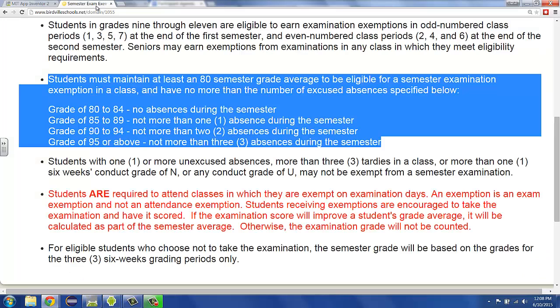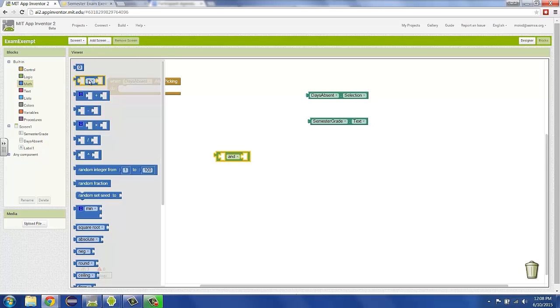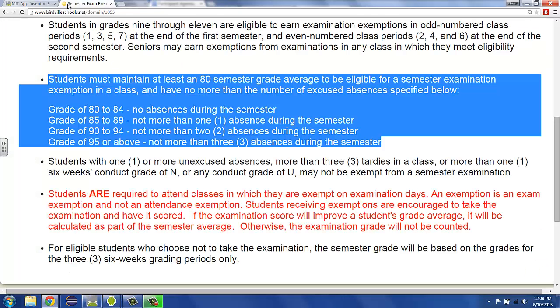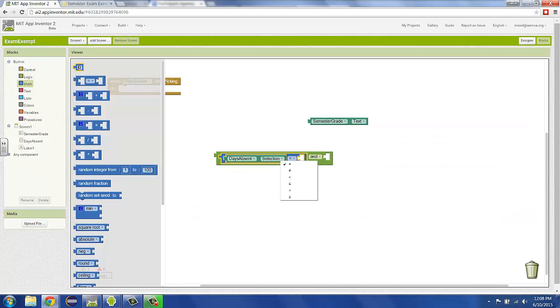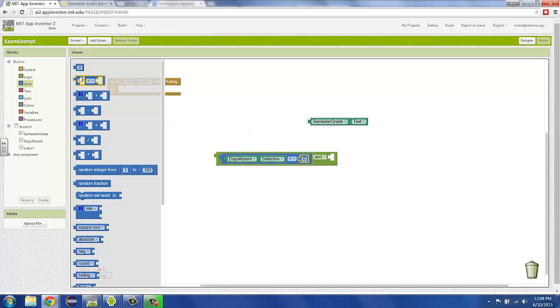So what is our exemption policy? If we have a grade from 80 to 84 and no absences during the semester. So we can do logic using an if, which is an and. So if it's this and this. So math, we have comparison. If the days absent is equal to 0, so we have no absences, and we can do a comparison